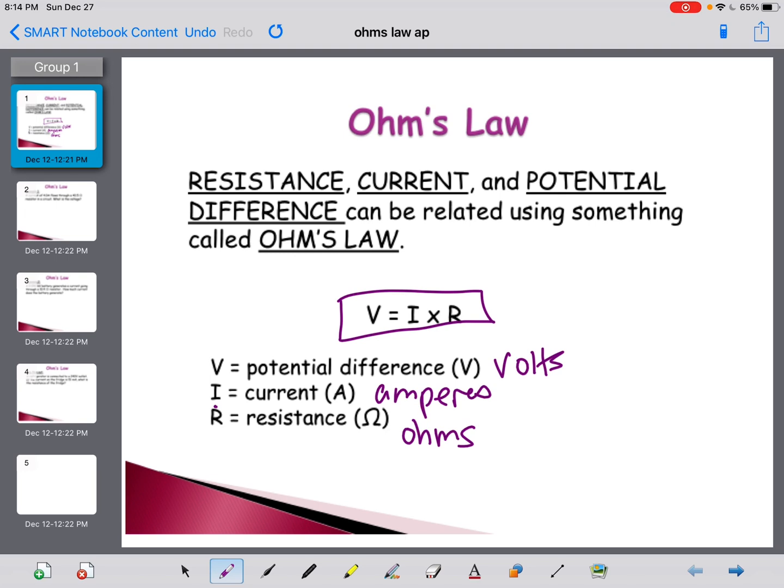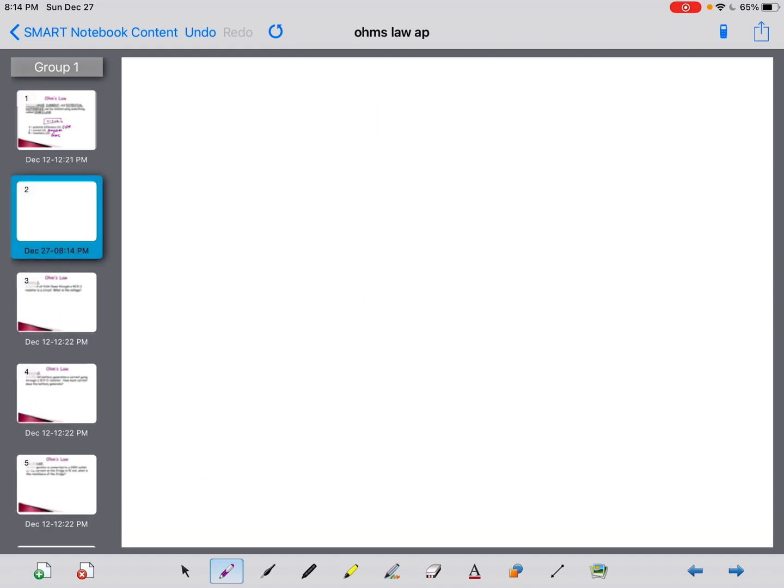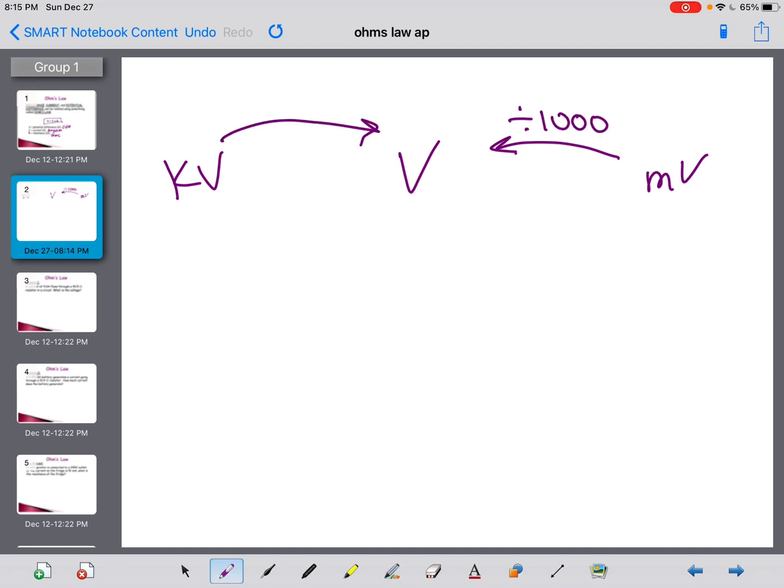Okay, so it's very important that when you're doing this, the units must match this. So meaning, and let's quickly review this. So let's say I had volts and we have millivolts or kilovolts. So to convert from millivolts to volts, what you would do is divide by 1,000. Okay, and if you had to convert to volts from kilovolts, you would multiply by 1,000. Okay, and that goes for everything. So amps, milliamps, or kiloamps,